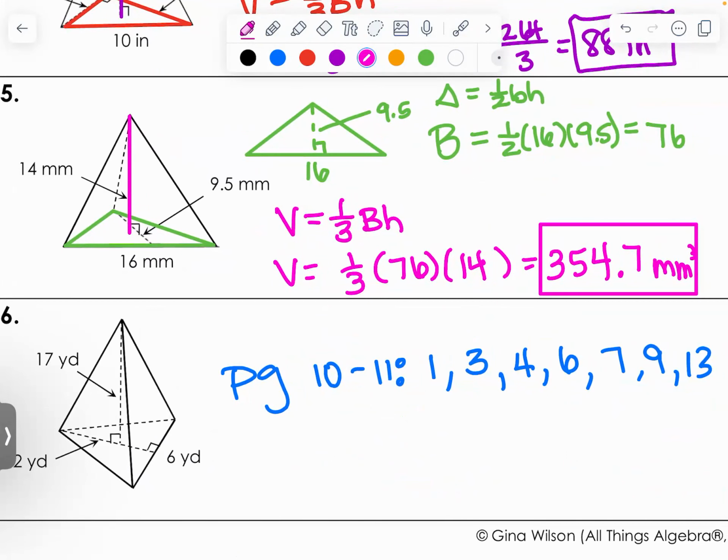Page 10, 11, 10, 11, 1, 3, 4, 6, 7, 9, 8. So you're gonna go back